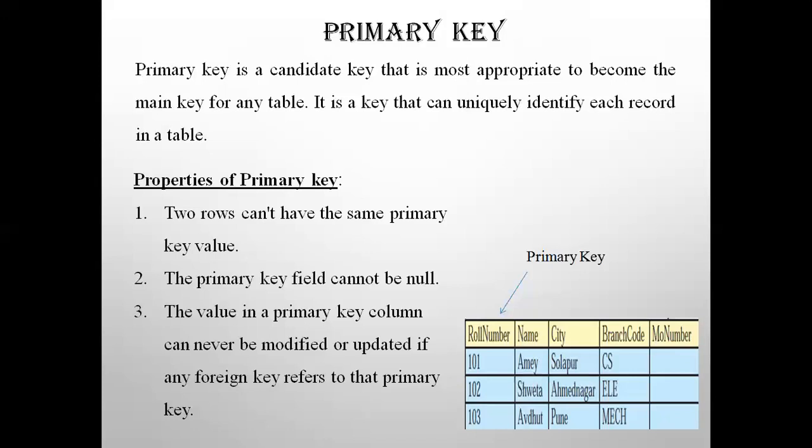Recently, if you have put a primary key and have not done any relationship or not put any query on it, then you can change or take off that primary key. But when you are relating it, it cannot be modified, updated or deleted. For example, in the table, the primary key is the student ID or the roll number, because it uniquely identifies the field in that student relation.